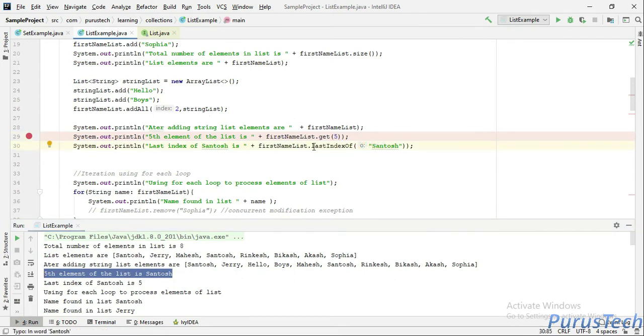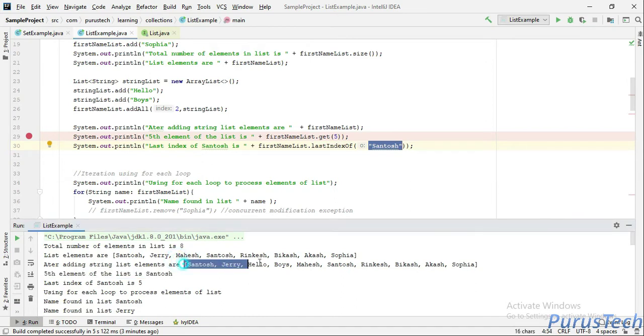Now let's come to one more method called lastIndexOf. It will return the latest occurrence of this particular object in this list. What is the latest occurrence? Let's count: 0, 1, 2, 3, 4 and 5.